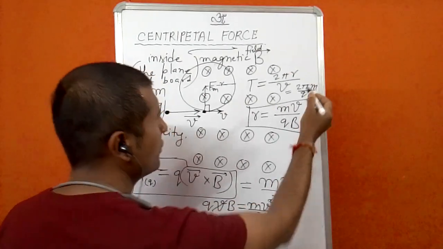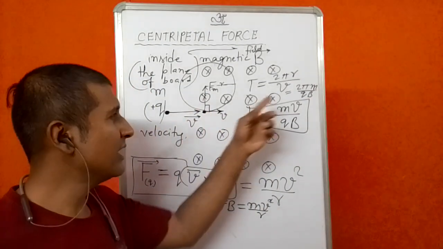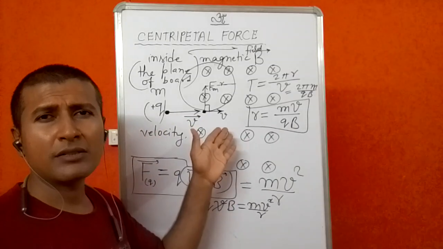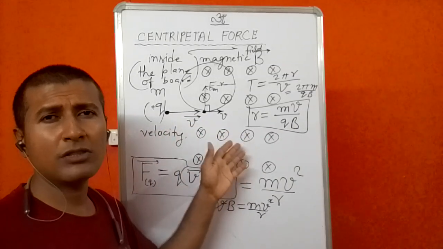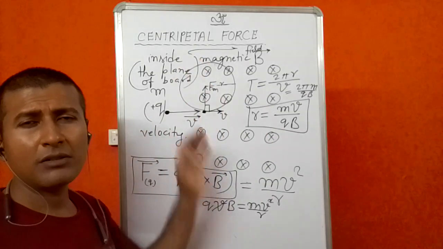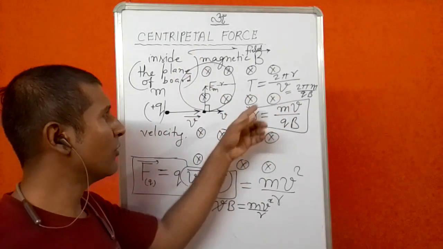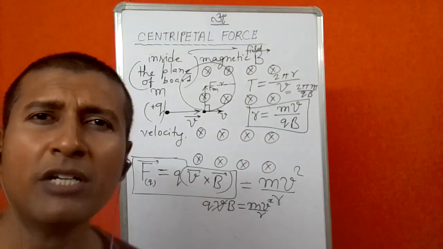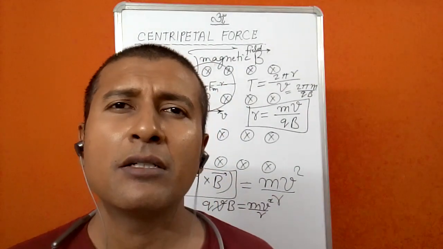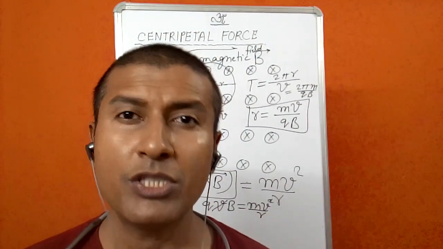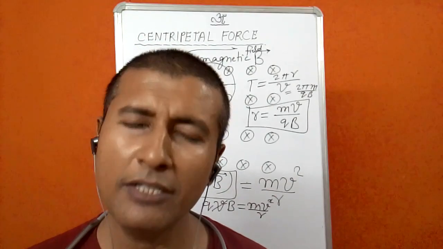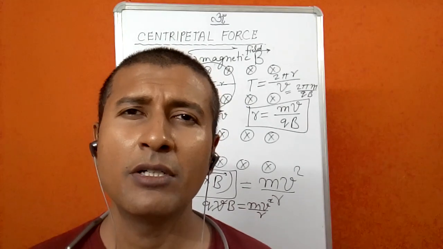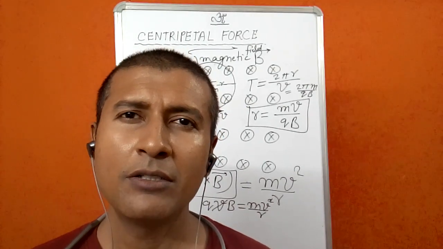upon qB. Now you see this time period is independent of the velocity with which the charge enters into this particular magnetic field, right? So this time period is independent of the velocity of this charge with which it enters, right? Hope you must have understood completely the concepts of centripetal force, which is the most important force in this universe. You try it and you apply it everywhere. Most of the time you must have observed that the centripetal force is there, right?